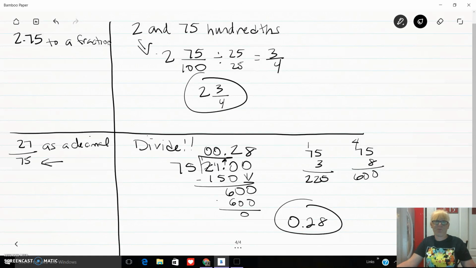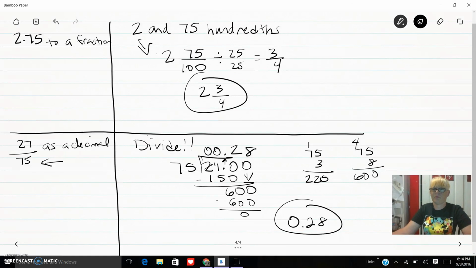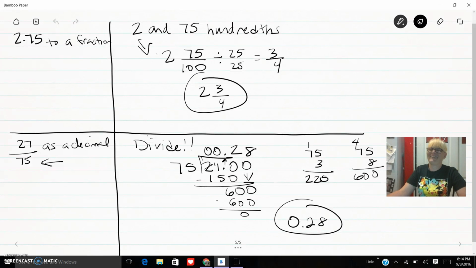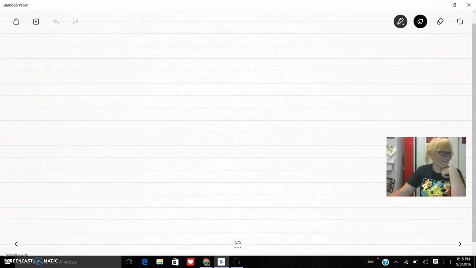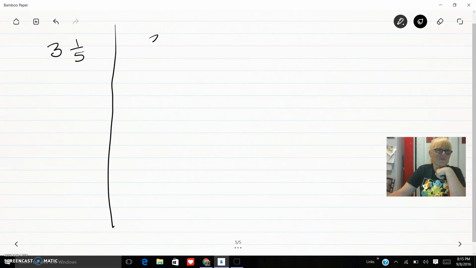Okay, let's do one more. All right, last one. So I have 3 1/5 to a decimal. My 3 stays whole. Okay, so that stays whole. And then 1/5. Now I gotta go 1/5 and figure out what the decimal would be. So I'm gonna go 1 divided by 5. 5 goes into 1 0 times. Decimal comes up. Okay, 5 goes into 10 2 times. So I have 0.2